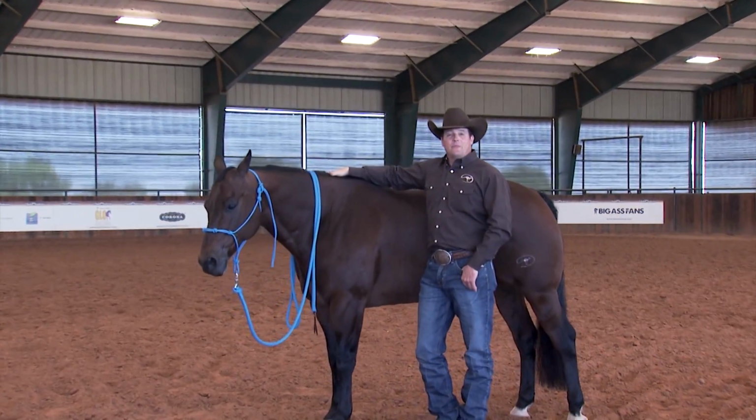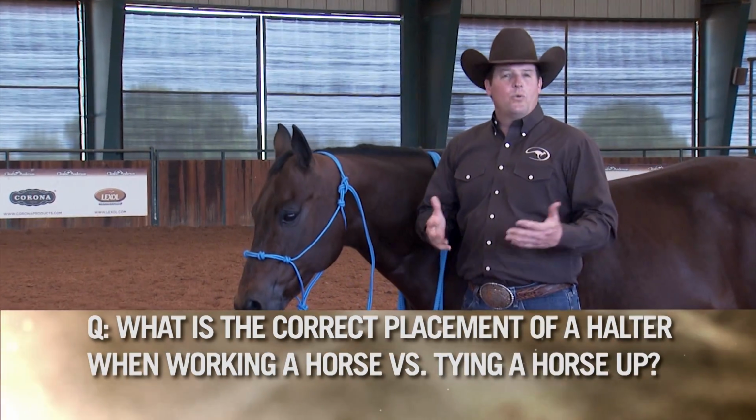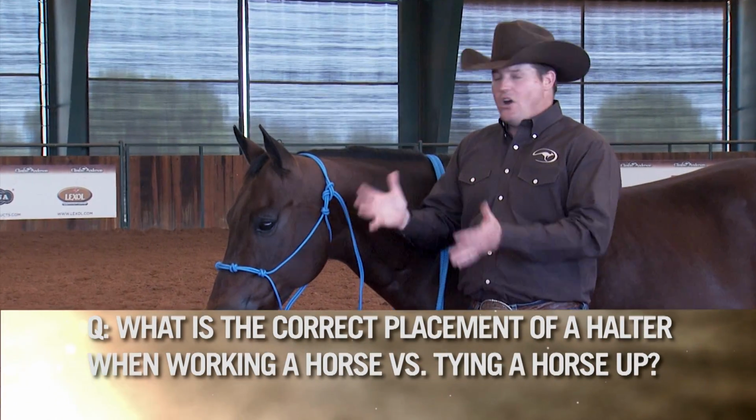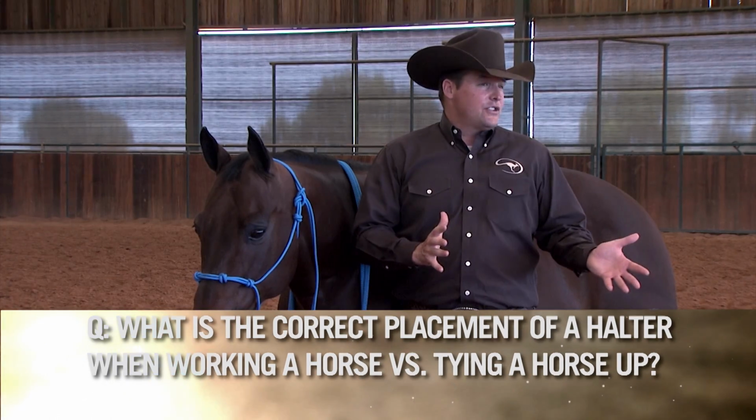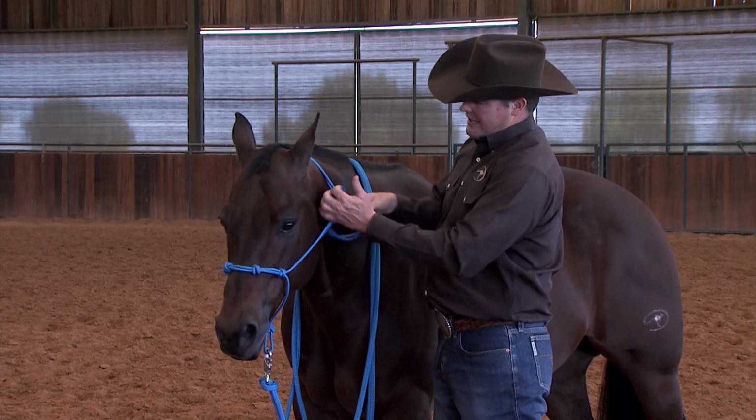The question came from Fern from Indiana, and Fern wants to know what is the correct placement of your halter when you're working your horse as opposed to tying the horse up. Well, there are two different positions of the halter, okay? When I'm going to tie a horse up, or trailer load the horse,